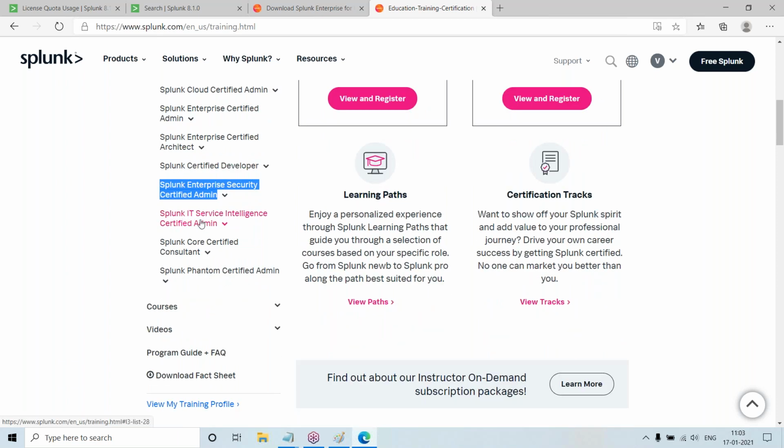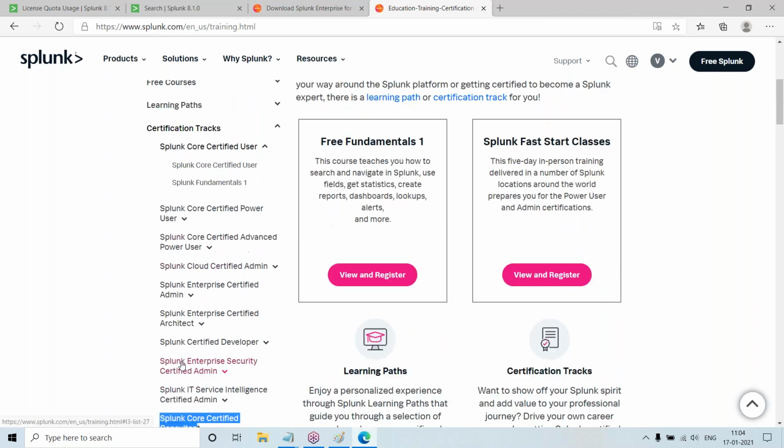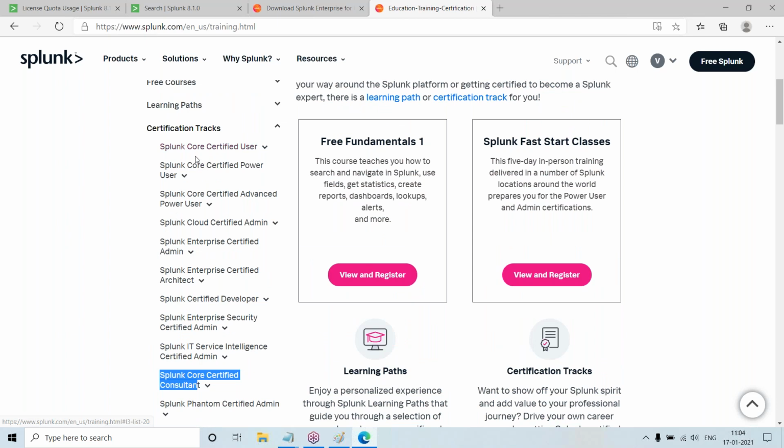And there are newer ones like service intelligence, Phantom certified and core certified consultant, which are all advanced. If you attend this training, you can clear these two, and for admin you have to prepare 25 to 30 days.